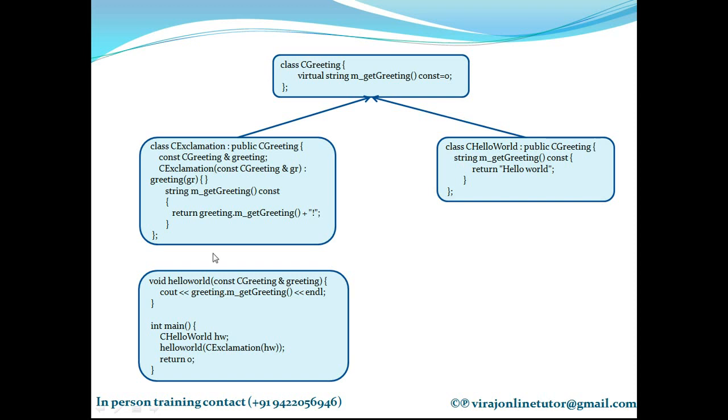So in the helloWorld function, what is the object that I got? I got the object of the Exclamation class. So I'm calling getGreeting of that, meaning this is getting called. What is happening here? It's calling getGreeting of the object that it contains. And what object does it contain? HelloWorld object. So it will print hello world on the screen followed by the exclamation sign. Can you please think over this for a moment?